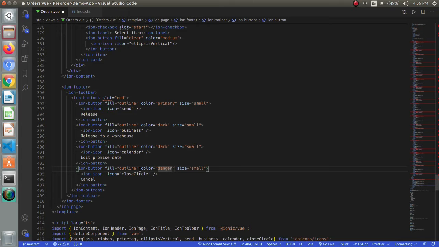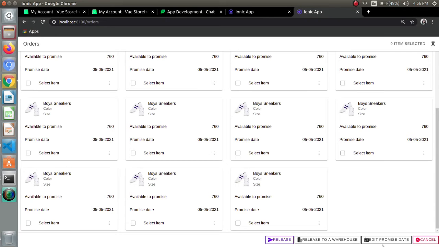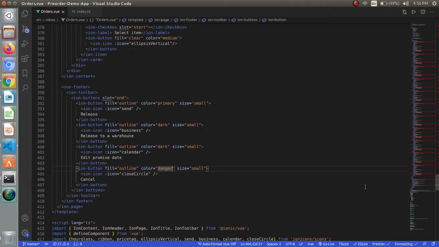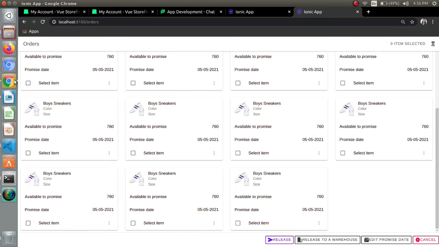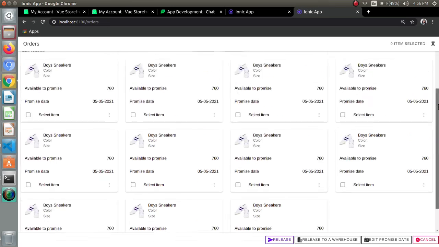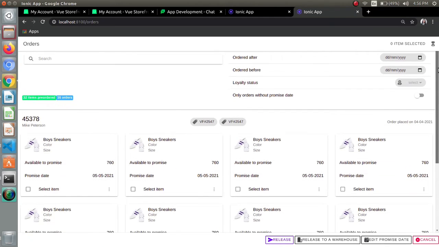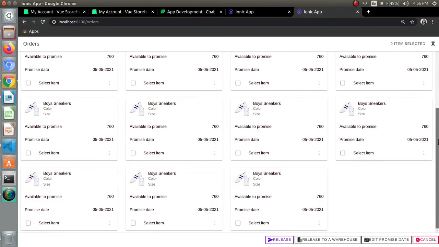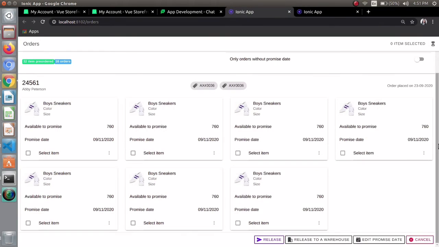In this way we can provide colors to our button. We have created our page, and next I will be focusing on the mobile view of this page.